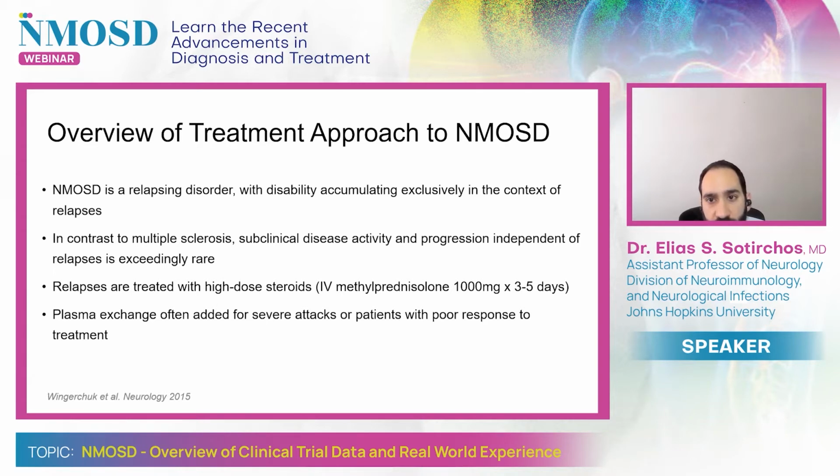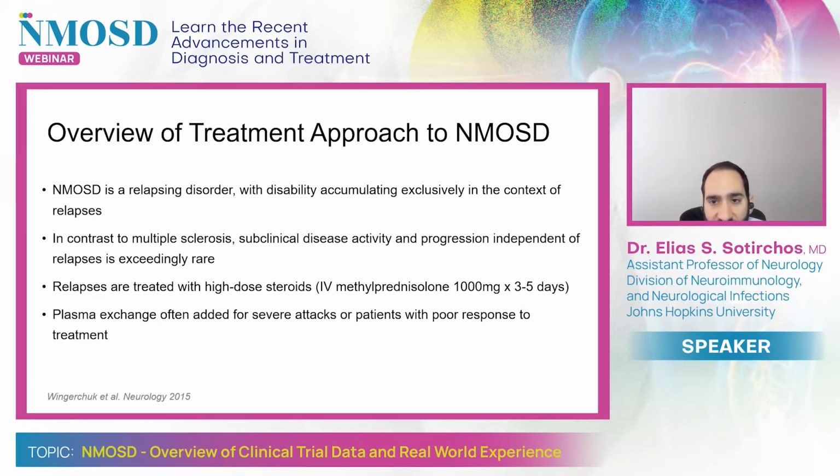And it is thought that any neurodegeneration, or progressive accumulation of disability that occurs, can be exclusively attributed to relapses. And this is in contrast to multiple sclerosis, where recovery from relapses is generally fairly good, but progression can often occur independently of relapses and is thought to be the major substrate of disability in multiple sclerosis. In contrast, NMO is a relapsing disorder, and this is why it is incredibly important both to treat